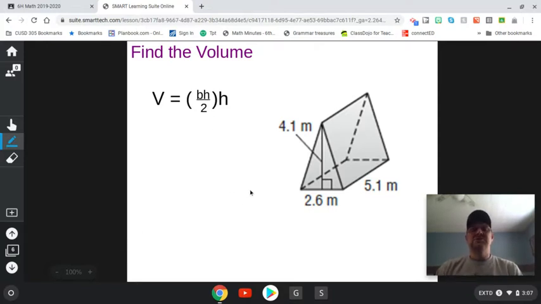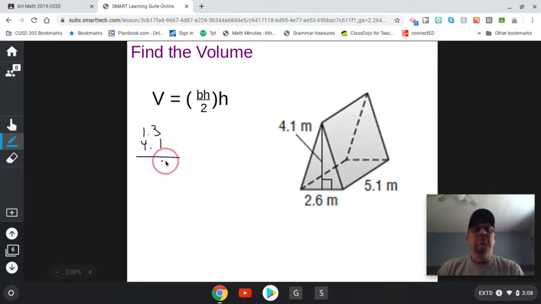All right, so you can go ahead and do this one. We can either do base times height, which would be 2 and 6 tenths times 4 and 1 tenth, and then take that divided by 2. Or what I'm going to do, I'm going to take the base divided by 2, which 2 divided by 2 is 1, 6 divided by 2 is 3, so it's 1 and 3 tenths. We're going to take that times 4 and 1 tenth,